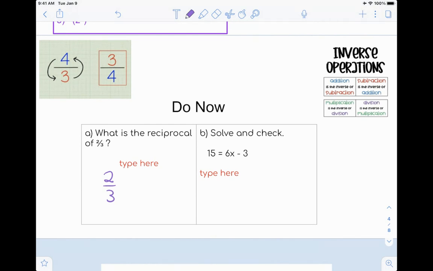So for 2/3, the reciprocal is 3/2, and that would be the answer. So you're flipping it. Now we've been working on two-step equations, and we've been working on these equations so that